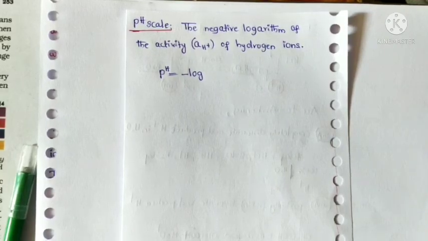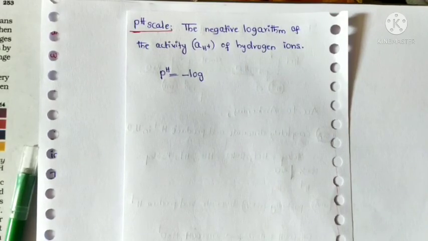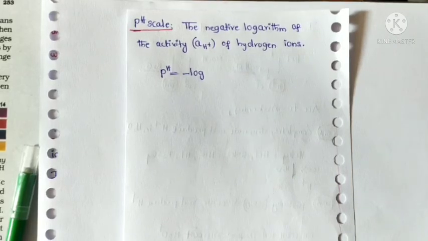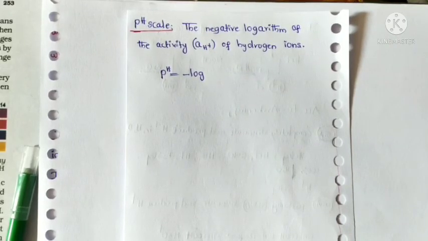So now today we will discuss the pH scale. It is very important, and we will see it in our daily life also. By using the pH scale we can determine whether a solution is acidic, basic or neutral. So why was this pH scale introduced? What is the importance of this concept?